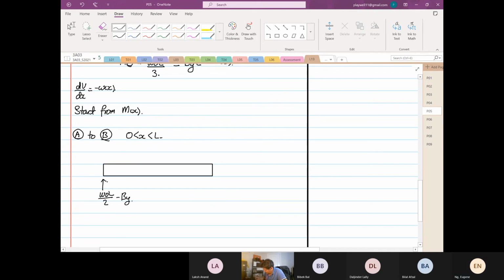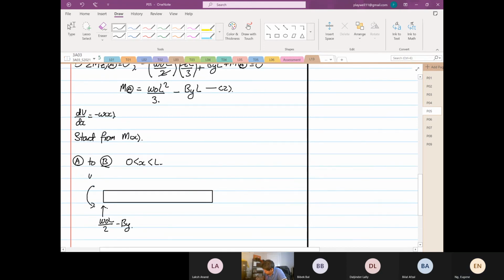And our moment over here is equal to omega naught L squared over 3 minus BY L. Then because this is a function of X now, the equivalent load